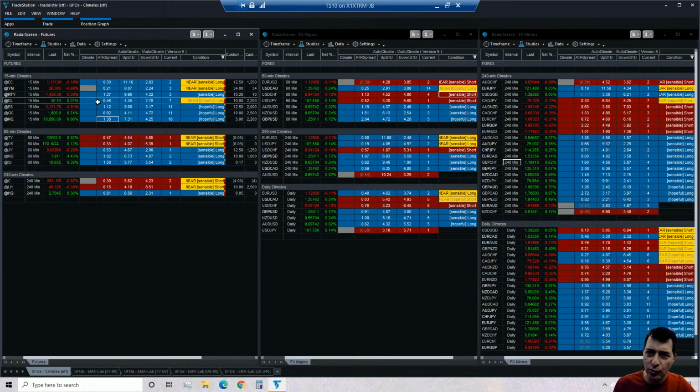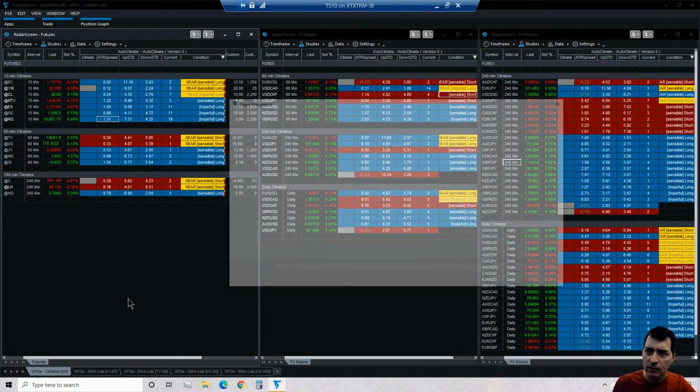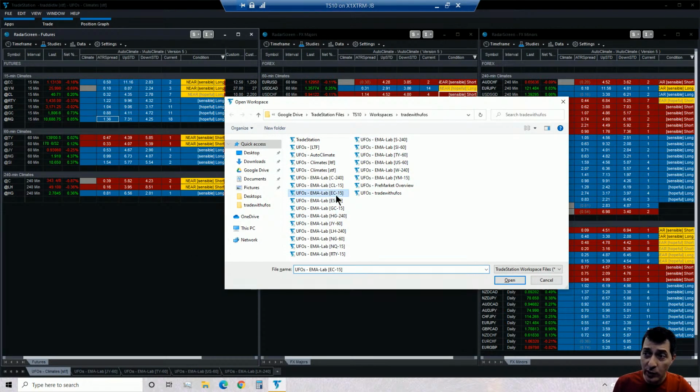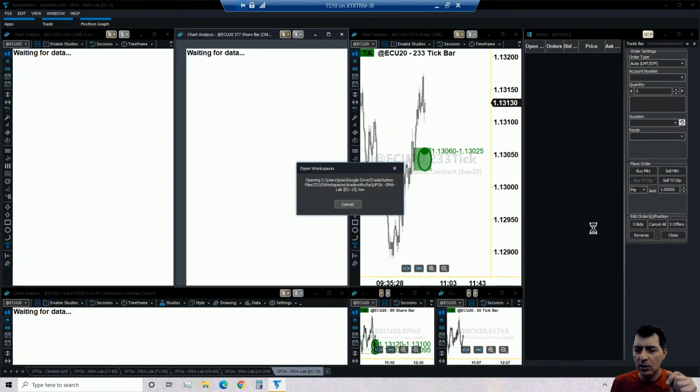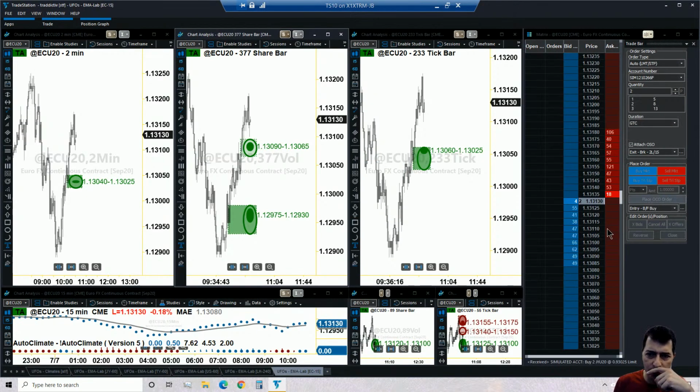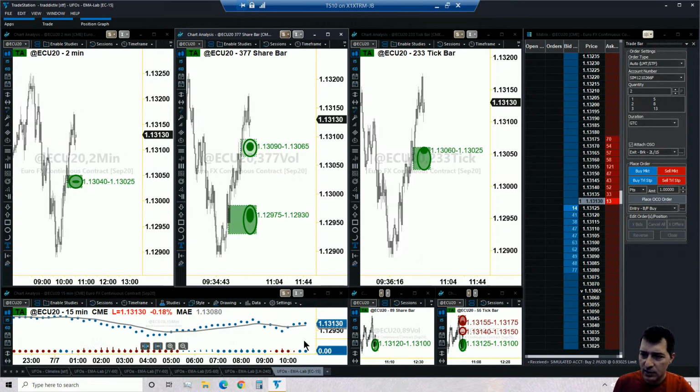Euro. And also crude oil is giving us an alert, but notice that we got the word hopeful, so we will ignore CL, the crude oil. We will leave it alone for now. So it's time to check the Euro contract, potentially to go long. Earlier we were looking at shorting the Euro. It seems that now the climate is indicating the opposite is the right action to be taken. So let's go ahead and check what we have at this moment in time.